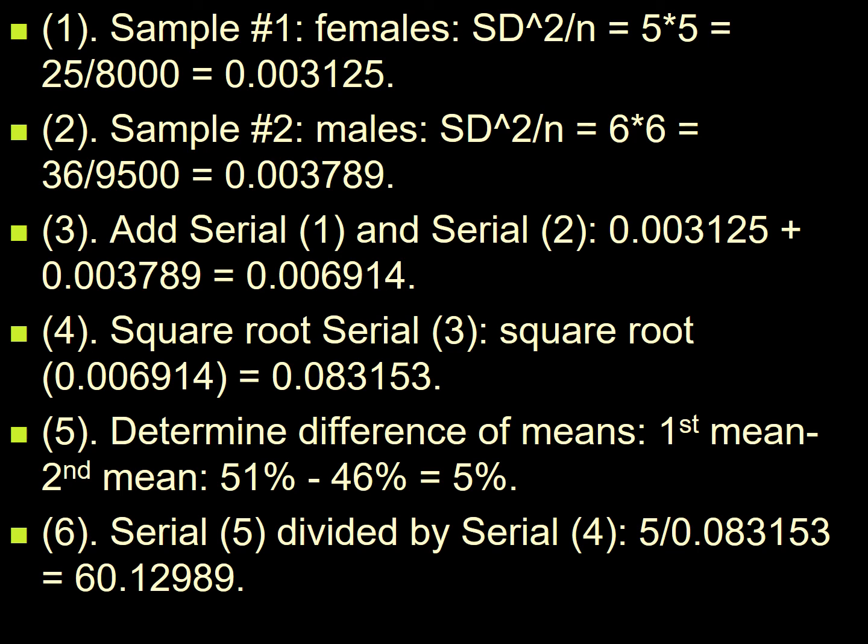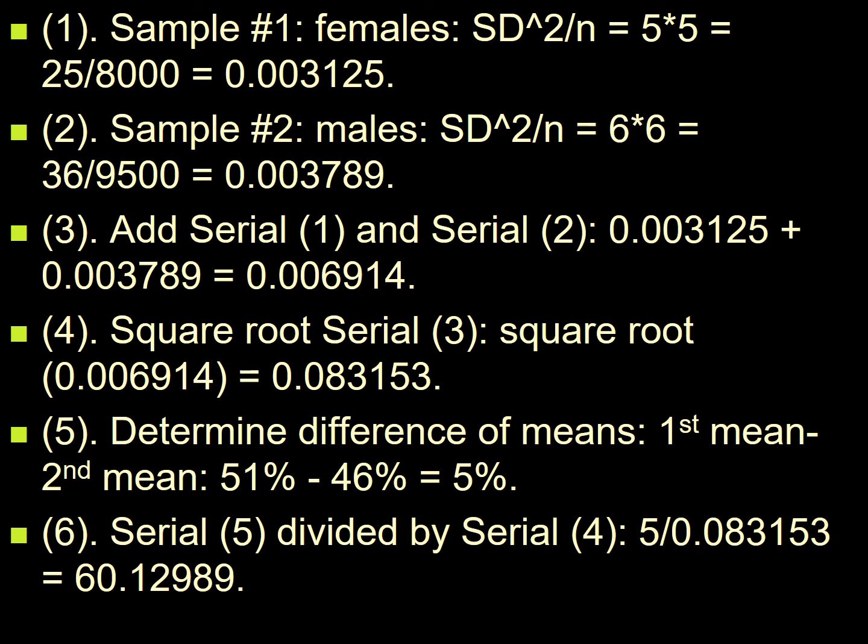So here we have in our first sample, females, the standard deviation squared divided by n is going to be 5 times 5, which is 25, divided by 8,000. And that's going to give us a value of 0.003125. The second sample are the males, and they have a standard deviation squared divided by n, which is 6 times 6. And that's going to equal 36 divided by 9,500, which is going to give us a value of 0.003789. We then add serial 1 and serial 2, or steps 1 and 2, and that's going to total 0.006914. We then do the square root of serial 3, which is going to be the square root of 0.006914, which is going to equal